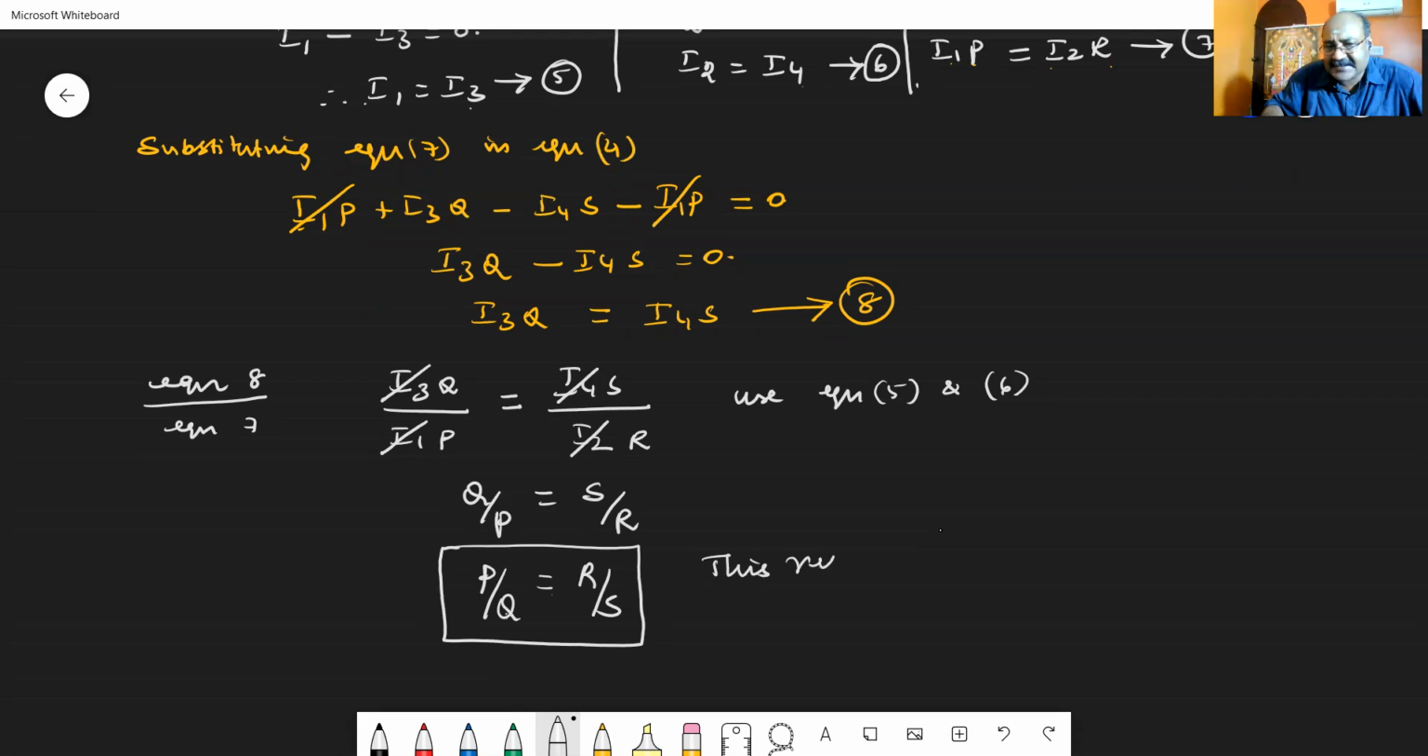This equation represents the condition for what? The condition for balancing. What do you mean by this? That is,